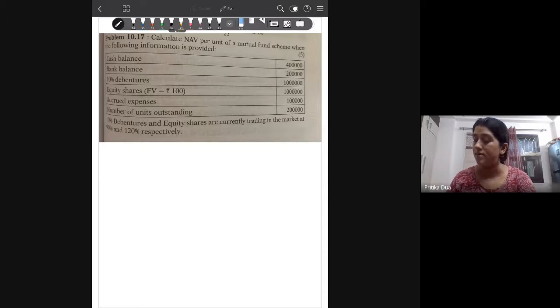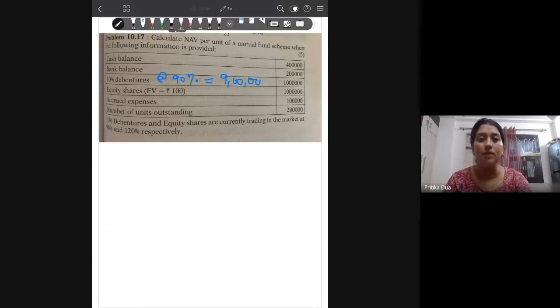Okay, so yes, what's the answer coming to? One thing that needs to be considered is whenever you see the market value of an investment made, it is always over the face value. So 10% debentures are trading at 10 lakh. As such, if the face value of debentures is not given, then when you calculate the value of investment, you take this value at 90%. So today when we are making the calculations, the market value of debentures is 9 lakh rupees.